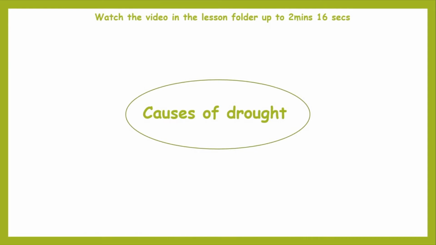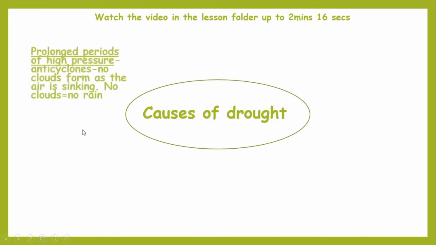Okay, so there are 4 main reasons why you might not get as much rainfall as usual over a period of time. The first one is an anticyclone. A prolonged period of high pressure hangs around longer than normal, and as we know from last lesson, anticyclones are high pressure. The air is sinking, pressing down on the Earth's surface, and remember from atmospheric circulation, sinking air cannot make a cloud. If there's no clouds, you're not going to get any rain,